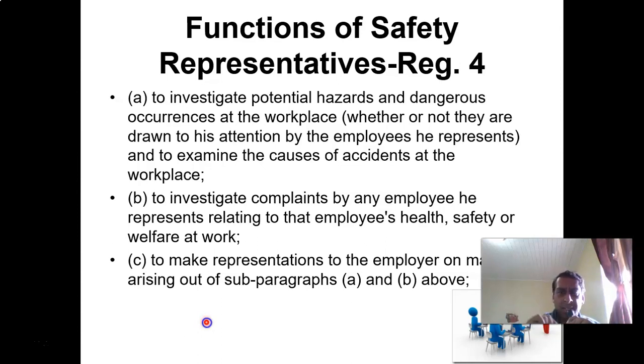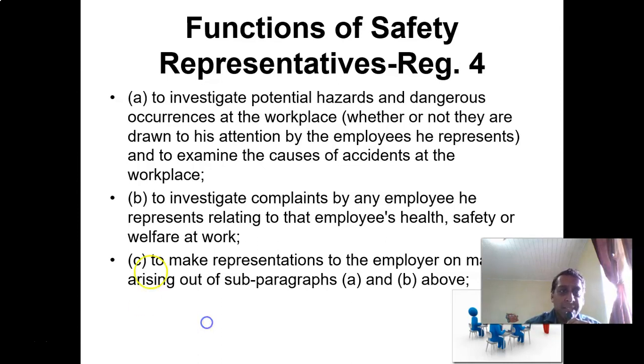You can just click on it and it carries you straight to the section immediately. So even though it's a whole download of a law, it's nicely organized. You can just click on the line that says function of the safety representative, and you'd see almost the answers there anyway. So the functions of the safety representative: to investigate potential hazards and dangerous occurrences at the workplace, whether